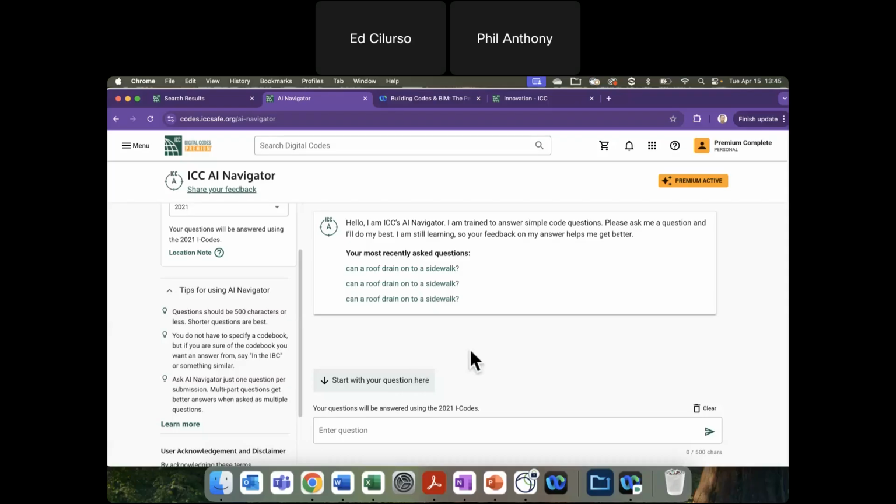Yeah, actually, that's a good question. Expand on that a little bit, Ed, because that's about phrasing the question. He mentions IEBC right here. If you ask a general question without stating existing building or IEBC, how does it work if you tell AI Navigator, IEBC only? Is it okay? You can't at this point.